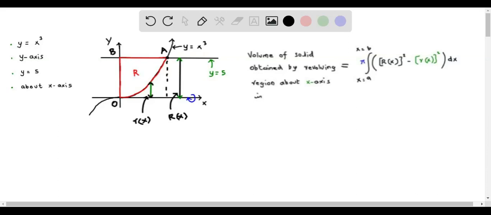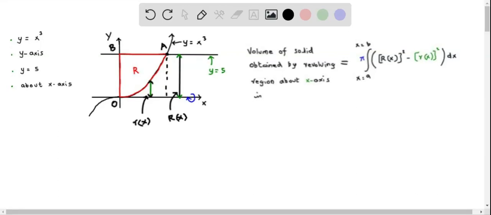In this question, we determine the volume of the solid obtained by revolving the region R about the x-axis, where the region R is the bounded region of the curves y equals x cubed, the y-axis, and the line y equals 5. And since the axis of revolution is the x-axis, we utilize the formula to determine the volume of